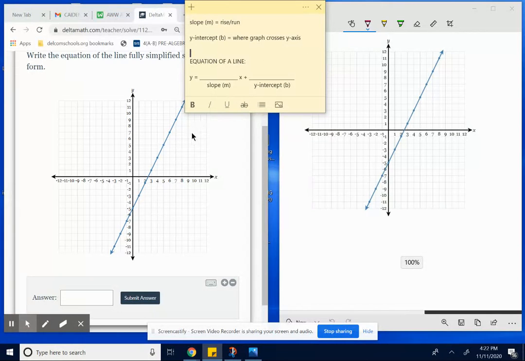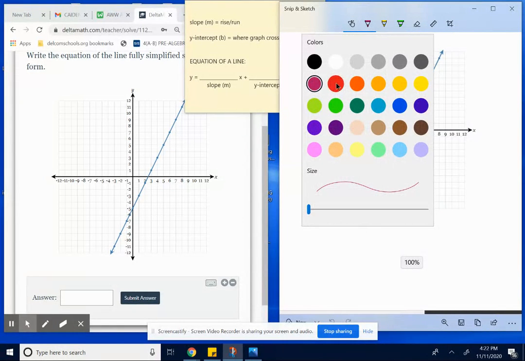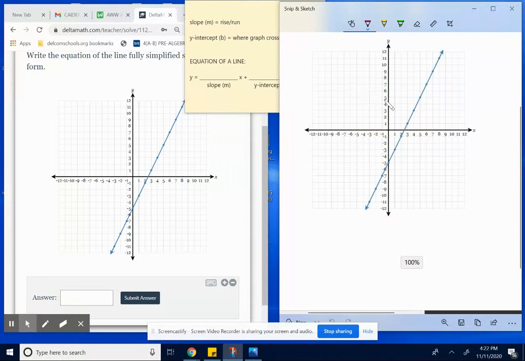The left part of the screen is the actual website, and the image is over here on the right. So I want to find an equation of this line. What I would do is first use 2 points on your graph. Remember, the closer together they are, the less you will have to reduce. So I'm going to try to find 2 points that are real close together. And on these lines, they actually give you the points, so you don't have to try to find corner